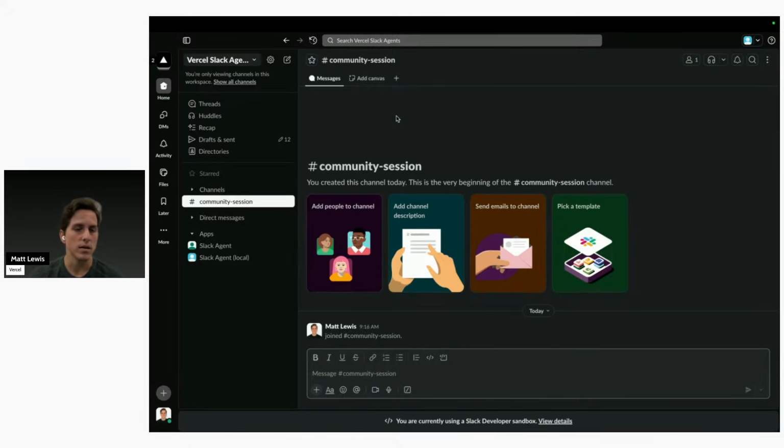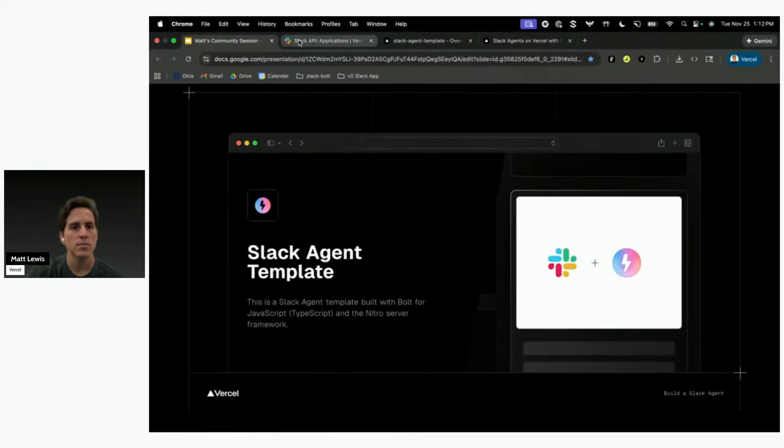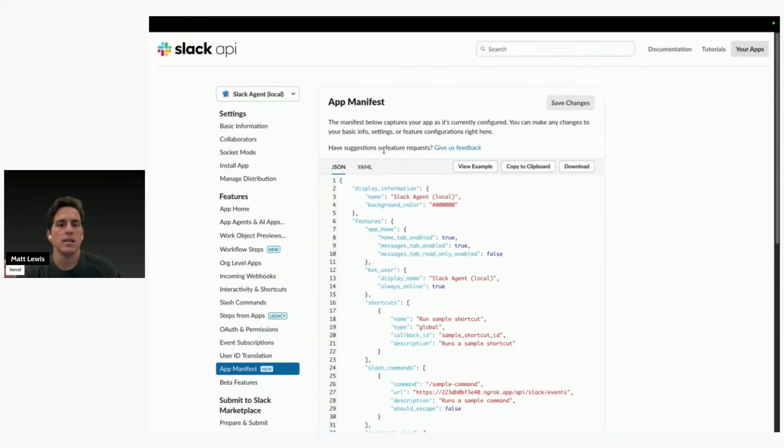And in this sandbox, you'll notice I have two apps installed, Slack Agent Local and Slack Agent. Yes, the local one is the app I'm using to develop locally, because with Slack, you can build multiple versions of one app. So, for example, here is the Slack developer program where I have that local app, and every app has a